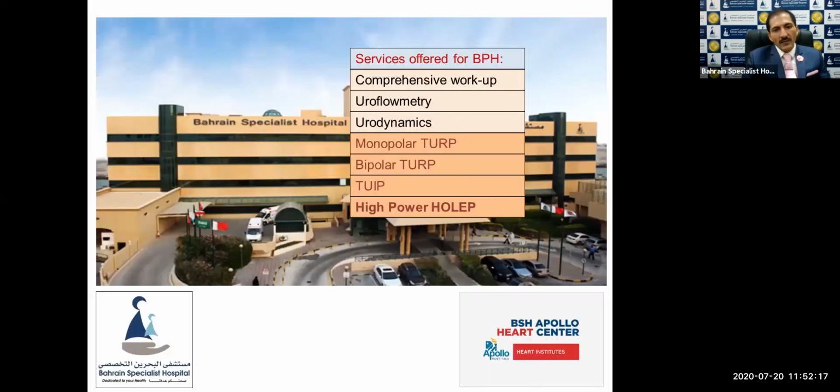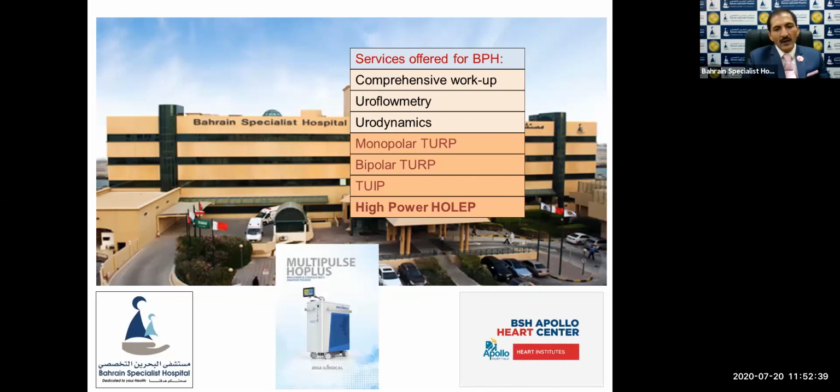Currently, we are offering these services, which include the monopolar, the bipolar, the transurethral incision of prostate. Of course, we can offer laparoscopic prostatectomy, which I have not included because it's not one of the recommended ones. The high power holmium laser is what we got in our armamentarium for almost 1.5 hours now, and we are happy. We are offering it to quite a large number of patients, and currently we have the 140 watt machine, which is doing quite good for significantly comorbid patients, and we have good results. And that would be